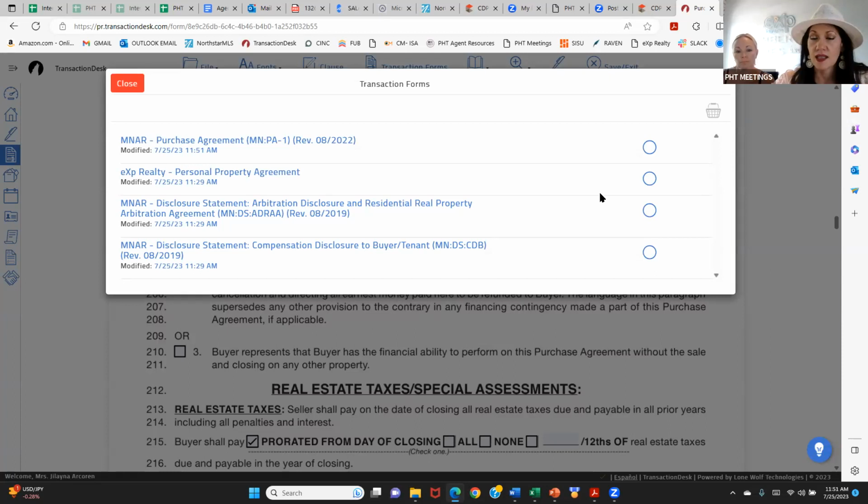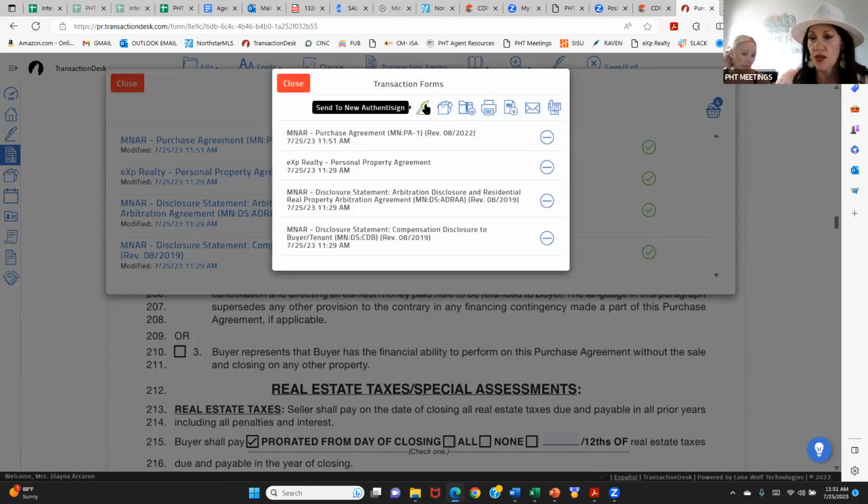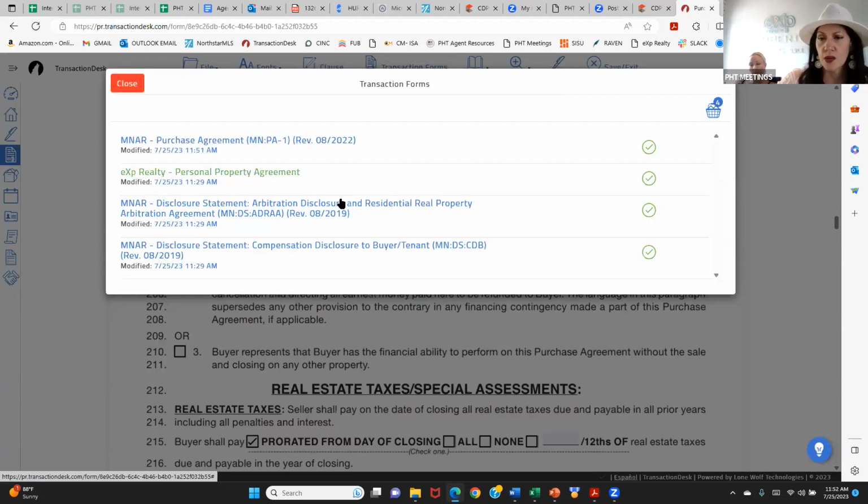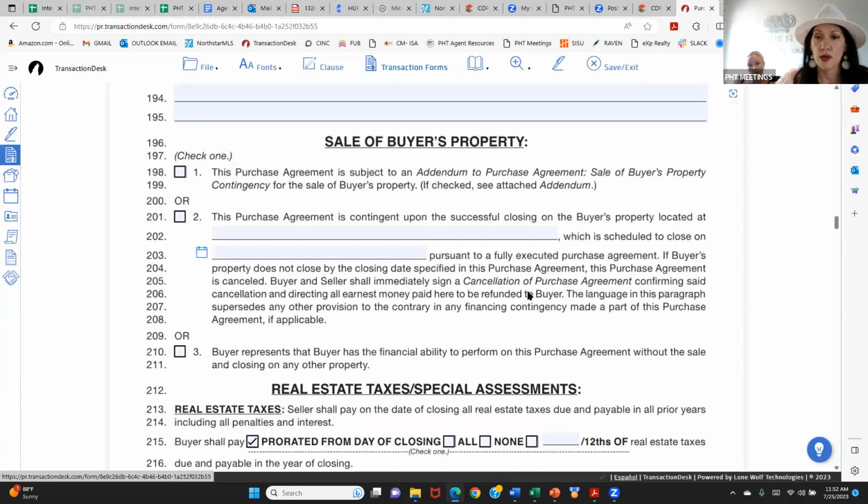And then once all my forms are edited and saved, if I want to create a signing, I'm just selecting the forms that I want to have signed, going right to this basket, and then choosing to start an Authentisign. So this is like looking inside of your transaction folder. And last week, I think we went through Authentisign pretty thoroughly, so we don't need to do that again today. What I do want to do is